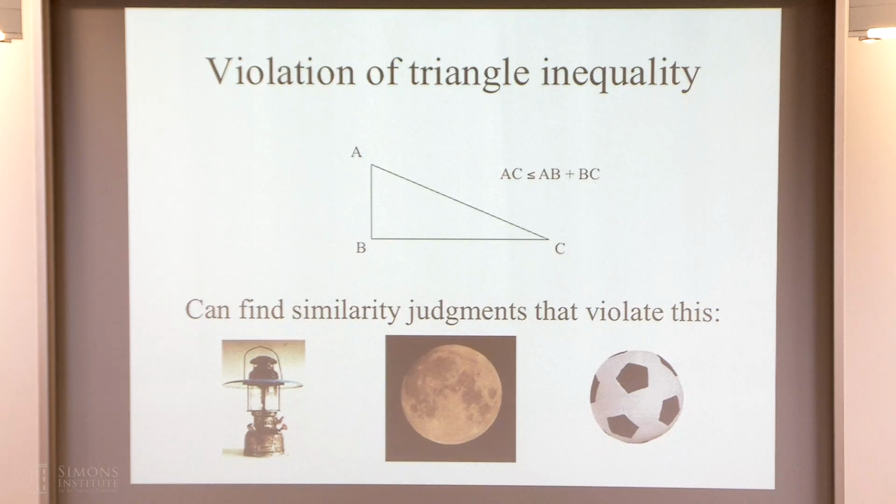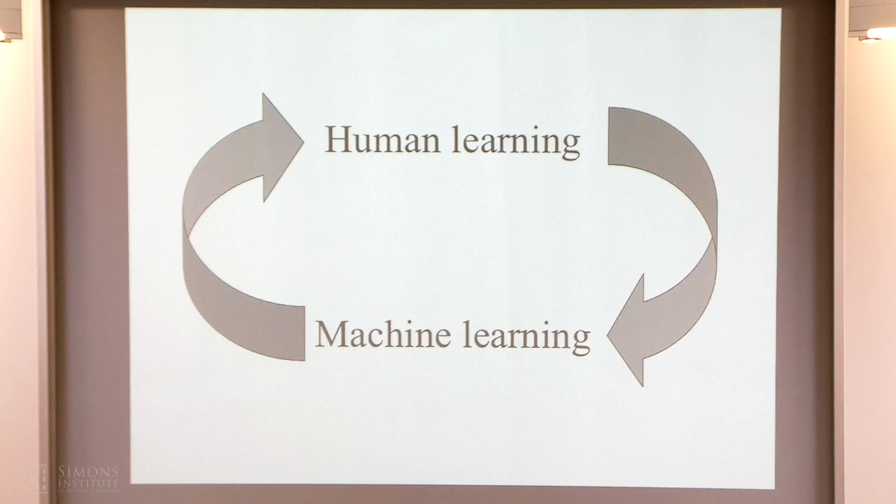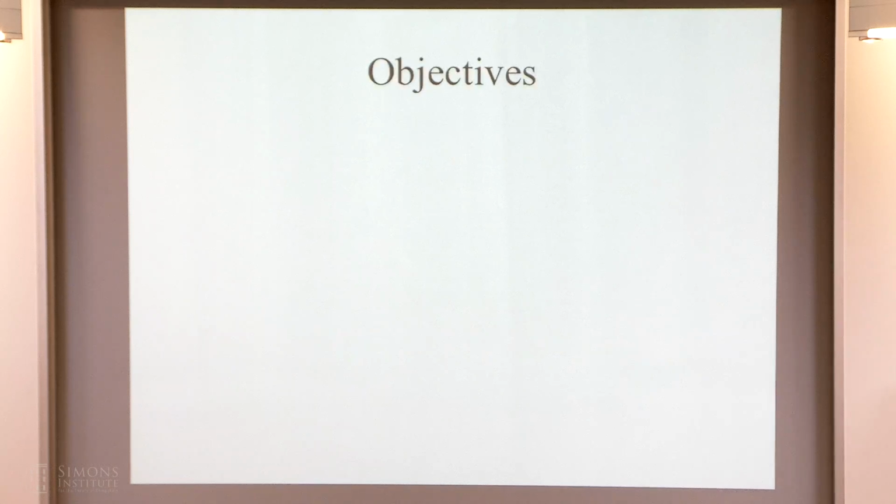And so now, for the rest of the talk, I'm going to focus on how some of these ideas about human learning can potentially give us some insight into things we care about in machine learning, and vice versa, how some of the ideas we've been talking about in machine learning can go back and give us better insight into the nature of human learning. My objectives for the rest of the talk are basically three things. The first is that these methods used by psychologists were developed for providing insight into a complex learning system that has opaque representations, right?